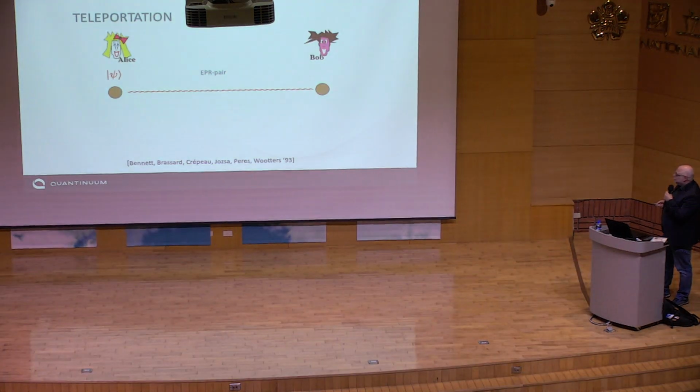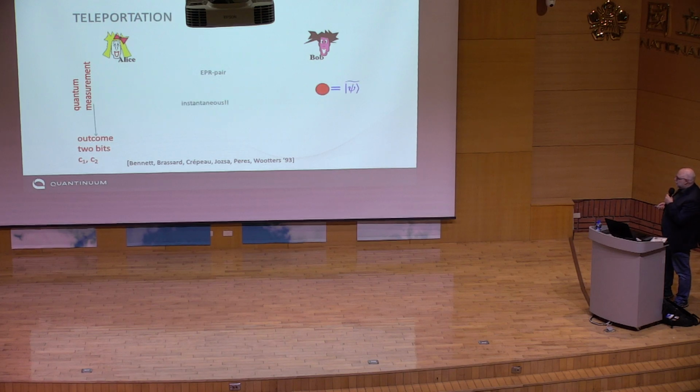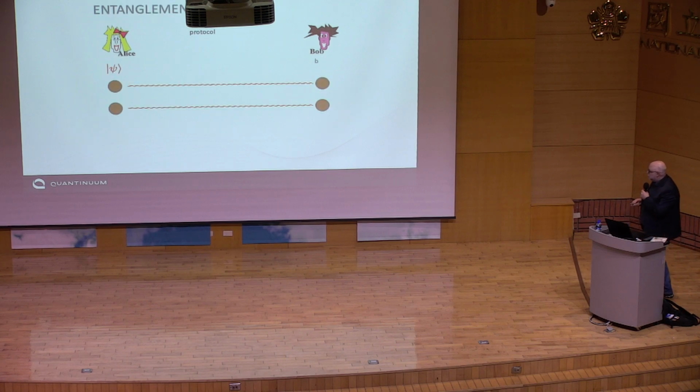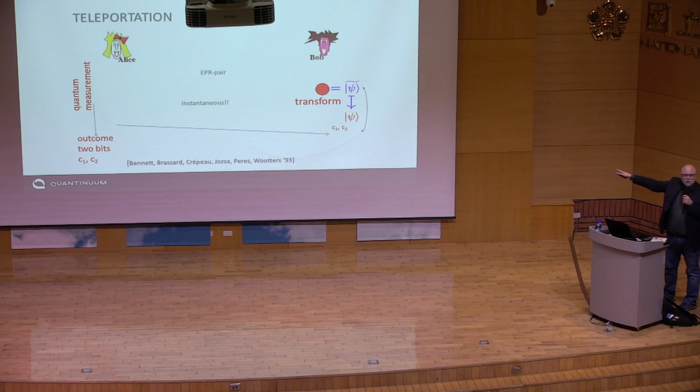And the idea is to use teleportation, which I guess all of you know. It's a way of sending a qubit using an EPR pair and a measurement and 2 classical bits, so that if Alice sends these 2 classical bits to Bob, then Bob can recover from his half of the EPR pair the original state psi back again. Right, so I guess you're all familiar with how this works.